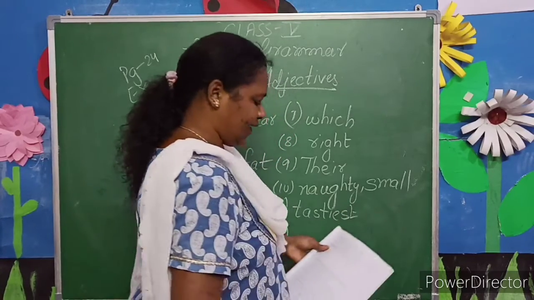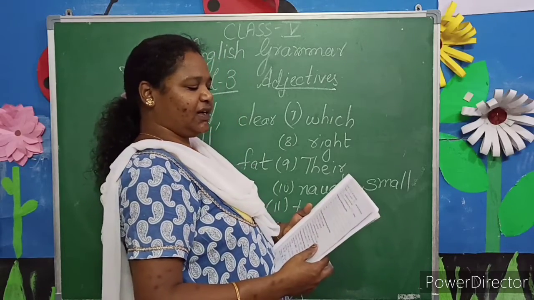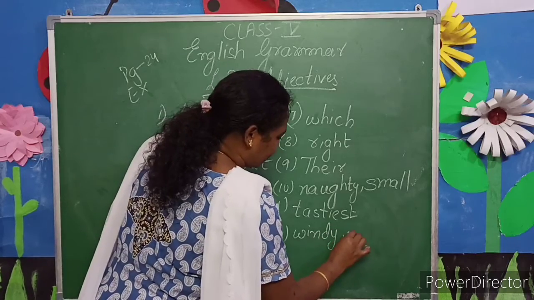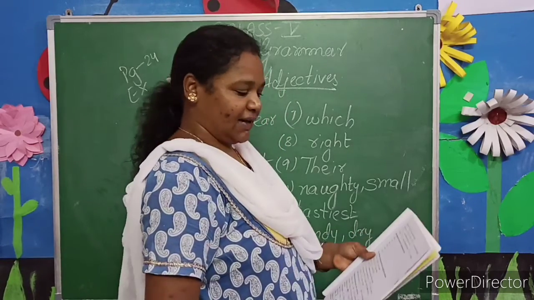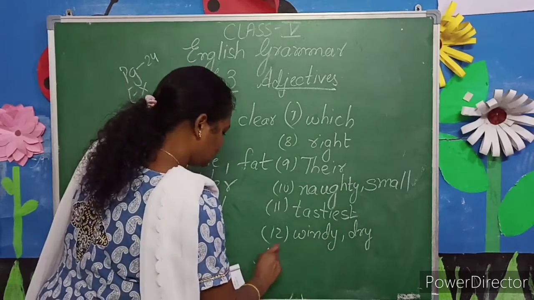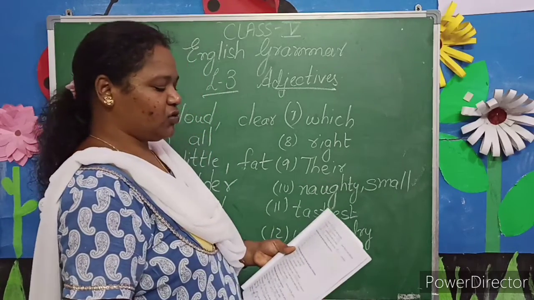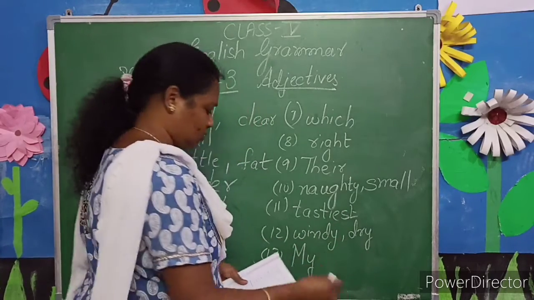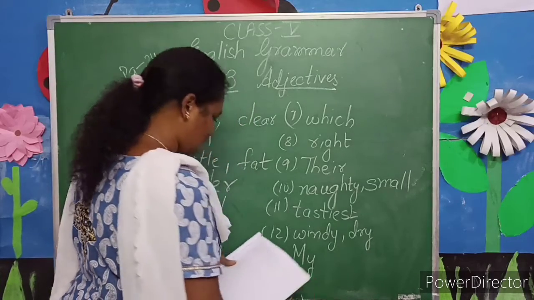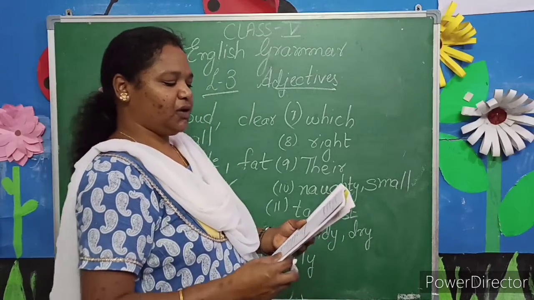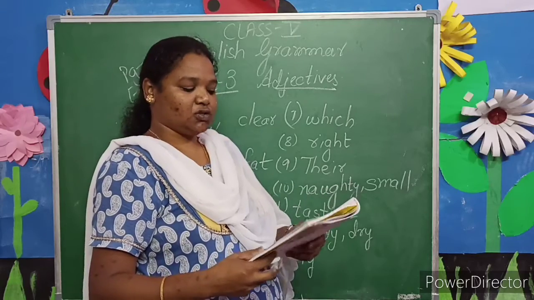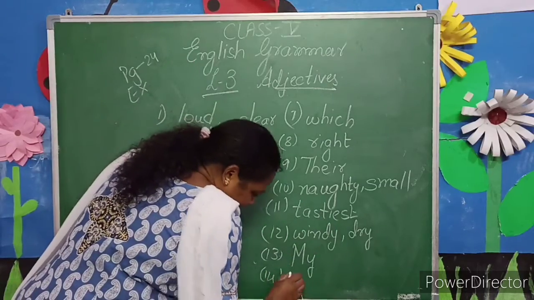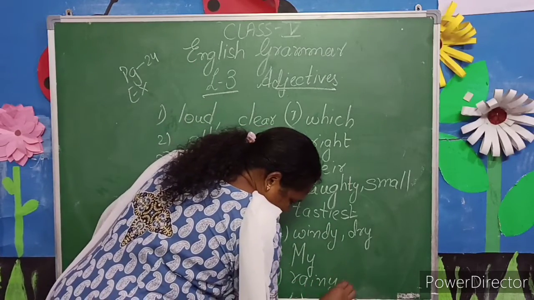12th one, the day was dash and all the dash leaves flew in every direction. So the day was windy and all the dry leaves flew in all directions. 13th one, dash grandmother looks after our family. So, my. Or you can write our. 14th one, it was a dash day and people were carrying dash umbrellas. So, it was a rainy day and people were carrying their umbrellas. Rainy day.